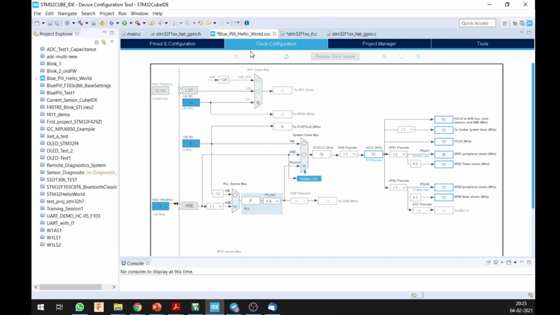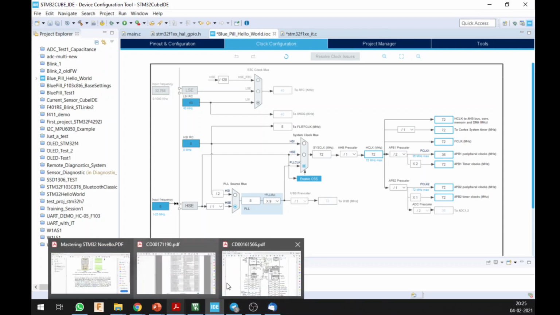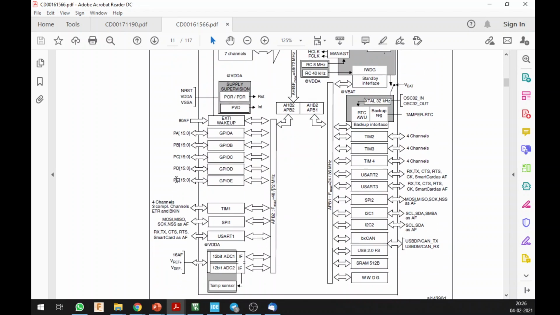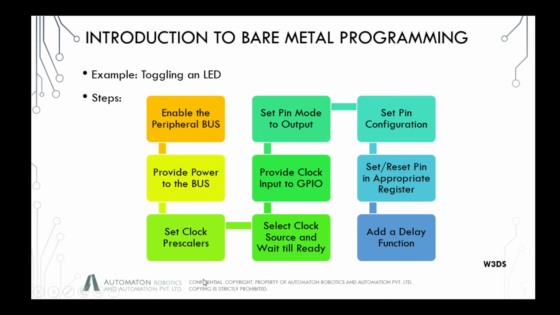You can always refer to this particular manual or this MX code, and here you see that the clock is being provided by my HSE, or the APB2 is being provided by PCLK2, and you want to set the prescaler of PCLK2 in such a way. This map is also available in your data sheet as well as your reference manual, so you can refer to that whenever you want to set this. I just showed you one example for one particular port and one particular device. The same is easily scalable and replicable on any other device. You just have to figure out the correct pin, correct port, correct registers, that's all.